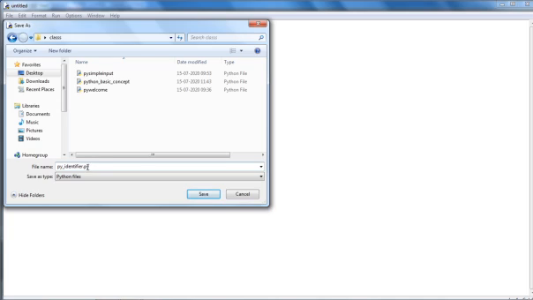So here .py is the extension and py_identifier is the file name. Now save this program. You can check on the title bar that your program is saved. So now let's start the program.